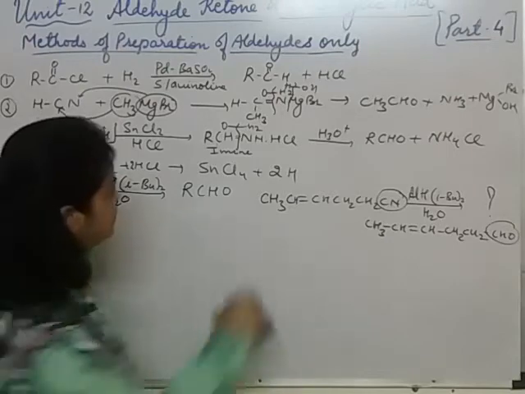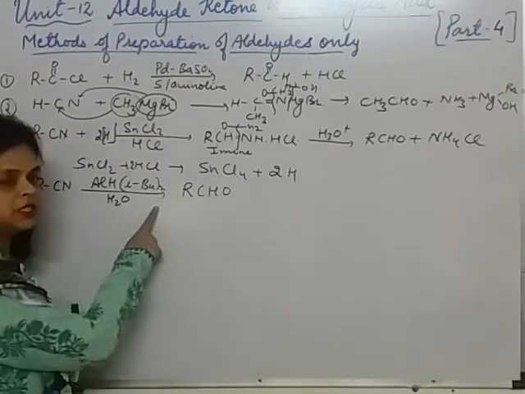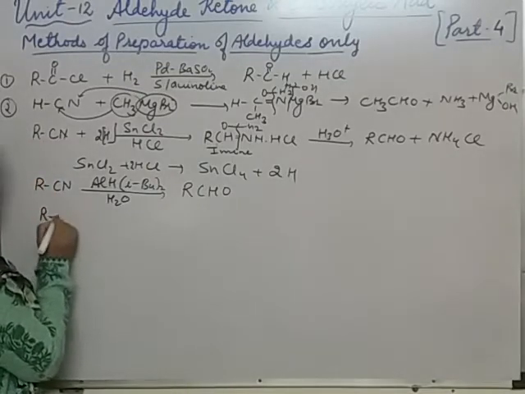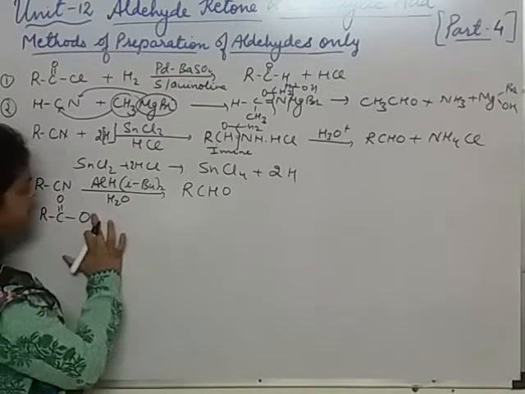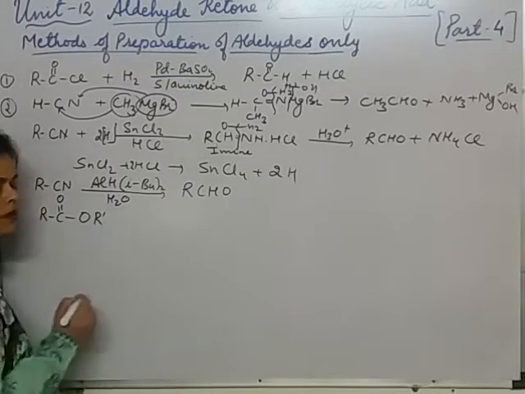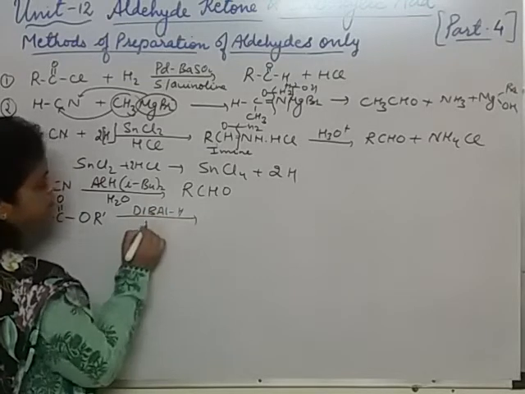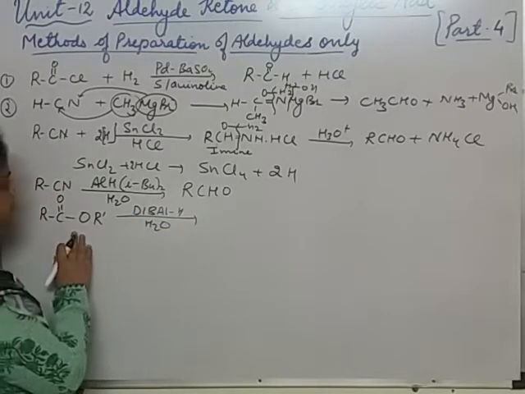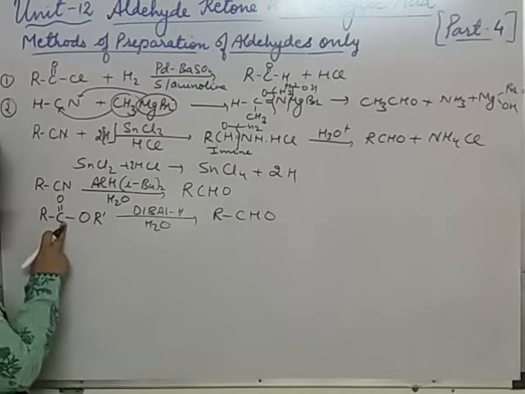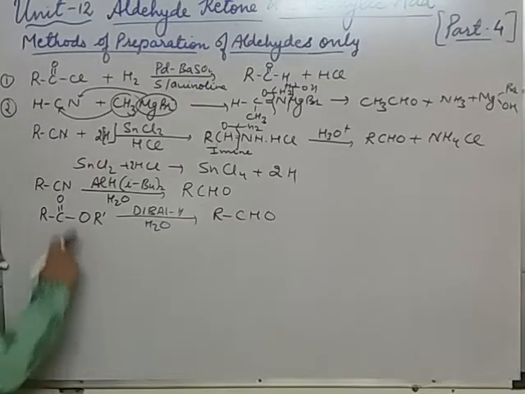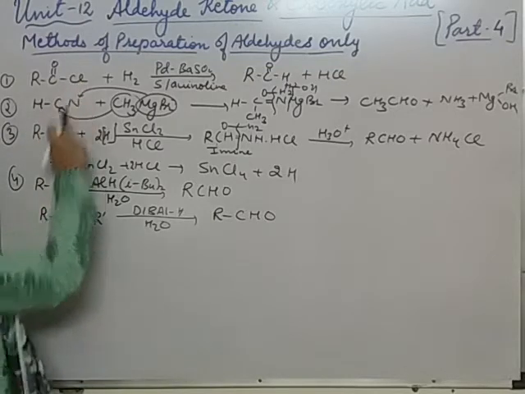Okay. Now esters. How were esters converted into this? Again the same reagent we had taken. Suppose we are taking RCOOC2H5, or any R we can take, generalized. In presence of that DIBAL, followed by hydrolysis, what are we going to get? RCHO. So this part, simply you have to add one hydrogen and you will get aldehyde.